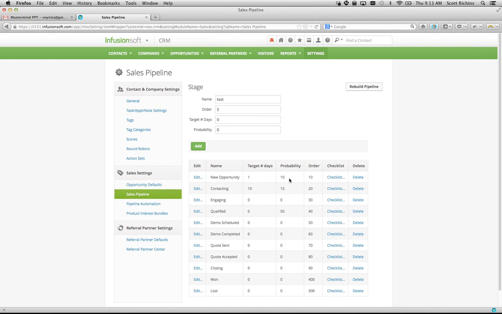I like to do them in tens because then it's easy to put some extra stages in the middle just in case. So if you're going throughout your process and you find out that you're getting a lot of reschedules for a demo, maybe it makes sense for you to make a demo rescheduled stage at order 55, and then you can track that, and you can kind of use that to find out where the breakdowns in your pipeline